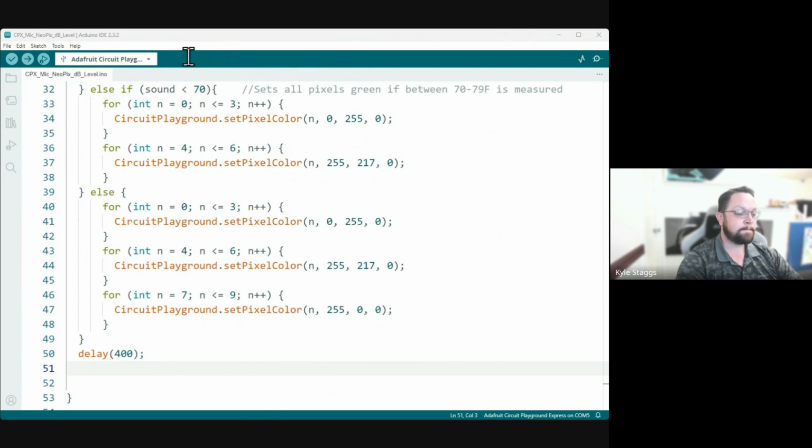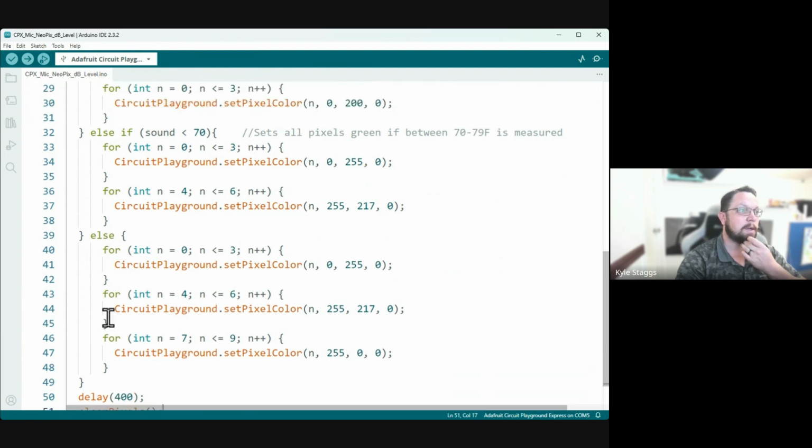No. There we go. So one more thing we're going to need is clear pixels. And then what this means is we can run this to clear the pixels